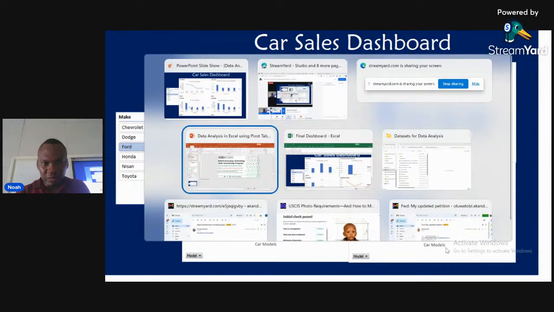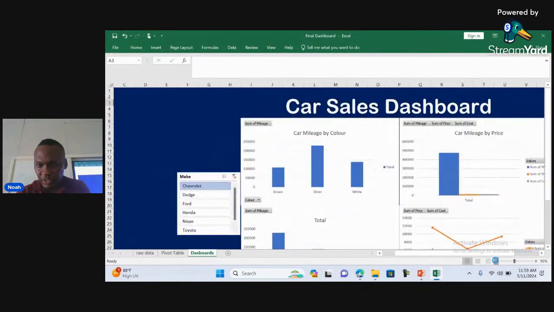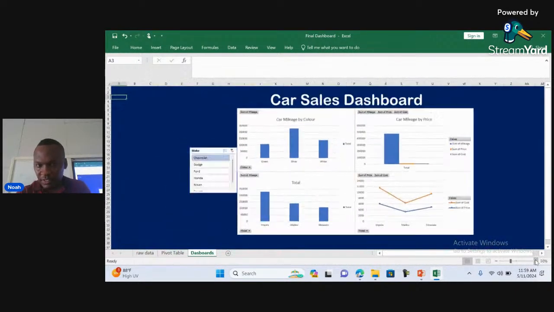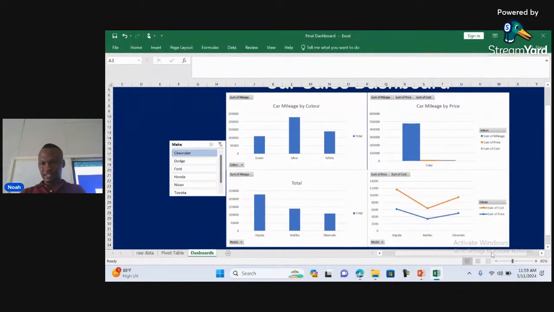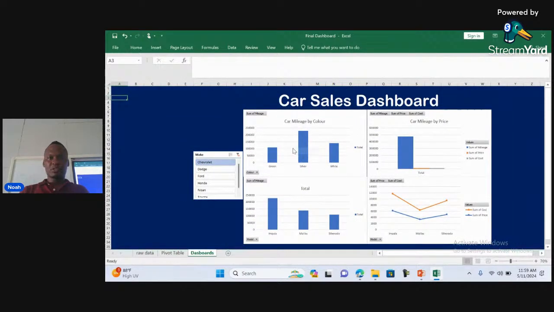Now, at the end of the day, our dashboard should be like this. Our dashboard contains 4 charts. Then we've added a slicer. The slicer will be used to filter the various characteristics on this dashboard, so that if the manufacturers or anybody is interested in knowing the mileage by color or the mileage by price or other properties